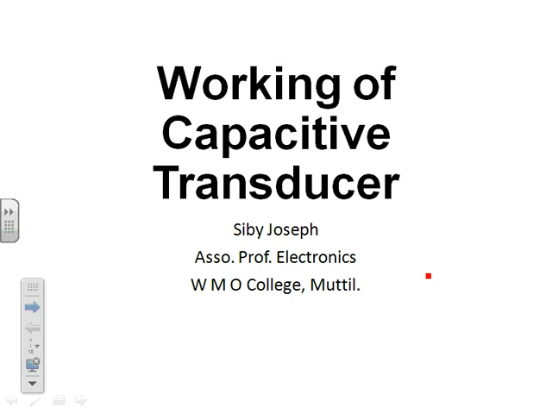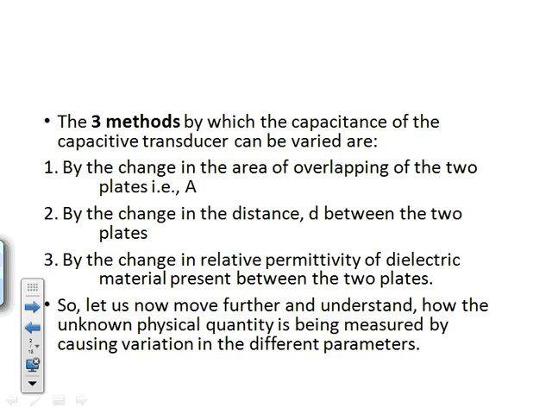Today we are going to discuss the working of a capacitive transducer. The three methods by which the capacitance of a capacitive transducer can be varied are by changing the area of overlapping of the two plates, by changing the distance d between the two plates, or by changing the relative permittivity epsilon of the material, which is based on the equation C is equal to epsilon A divided by D,